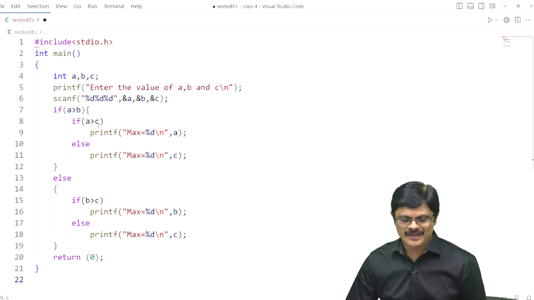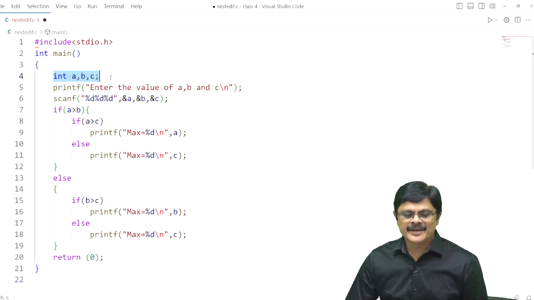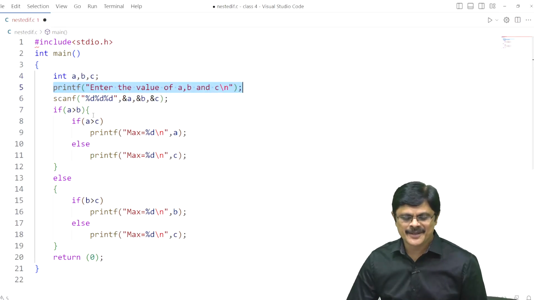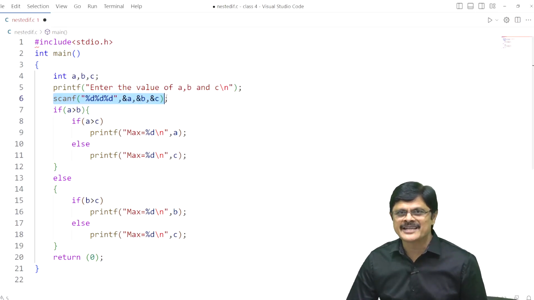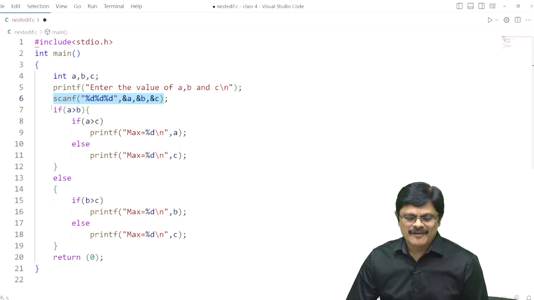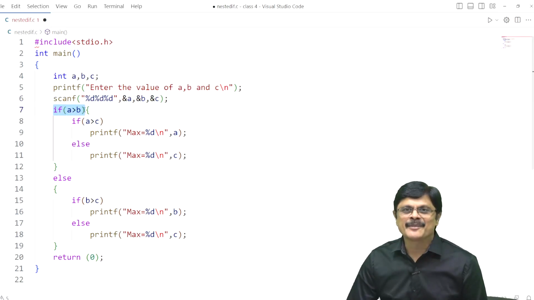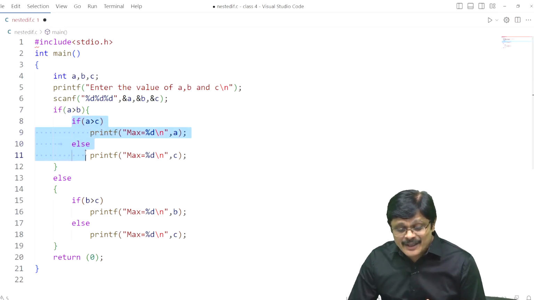Consider the program. We defined three variables A, B, C, asking the user to enter the values of A, B, C. Whatever values are entered, the scanf function assigns those values to A, B and C respectively. Now the important nested if constructs. First we verify whether A is greater than B or not. If A is greater than B, then within the if block,